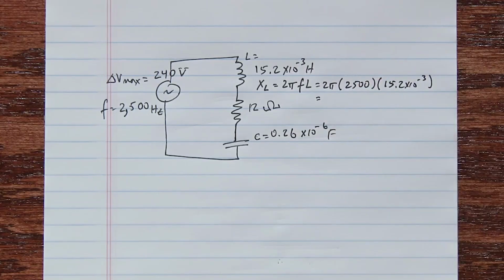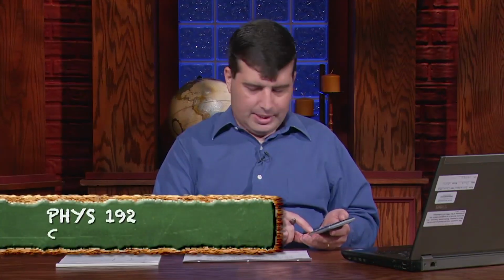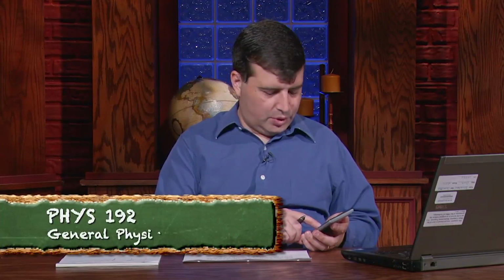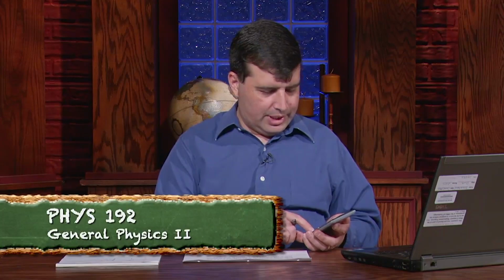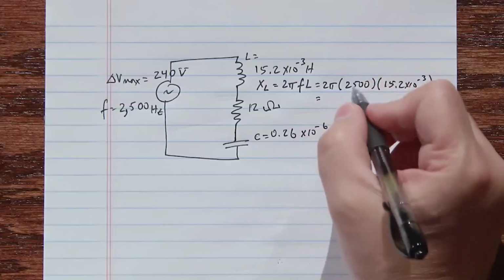And what is that equal to? 2 times pi times 2,500 times 15.2 times 10 to the minus 3 gives us an inductive reactance of 239